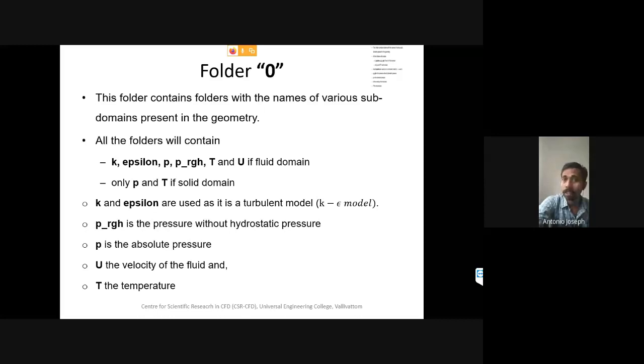Initial condition folder, that's the zero folder. So each domain will be kept in separate folders. So we are getting more complicated now. In the case of this heat transfer, we are getting more complicated because there are different folders now. Please be thorough about the simple form that we have done till now regarding this fluid flow problem in the pipe. Okay, so that's a simple case file.